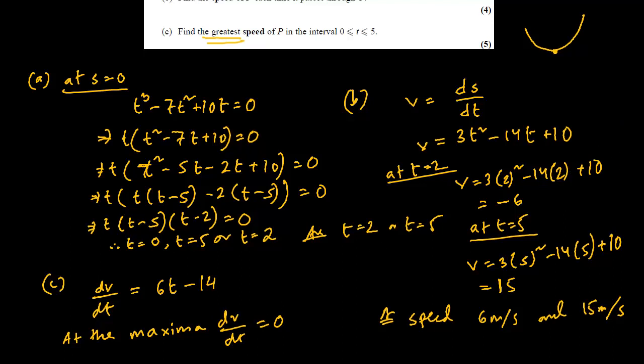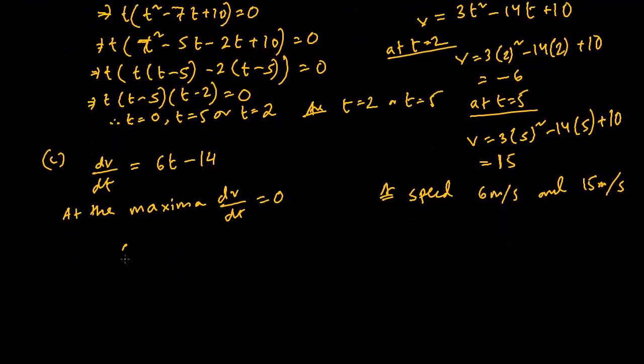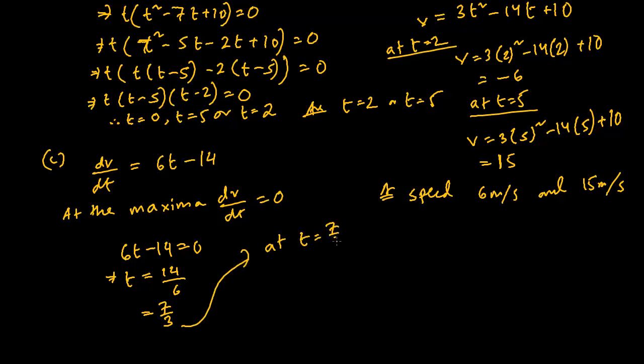That means 6t minus 14 equals 0. t equals 14 by 6, that means 7 by 3. So t equals 7 by 3. Now we have to find the value of v, because we have to find the value of speed. So at t equals 7 by 3, the velocity is going to be 3 into (7 by 3) squared minus 14 into 7 by 3 plus 10,